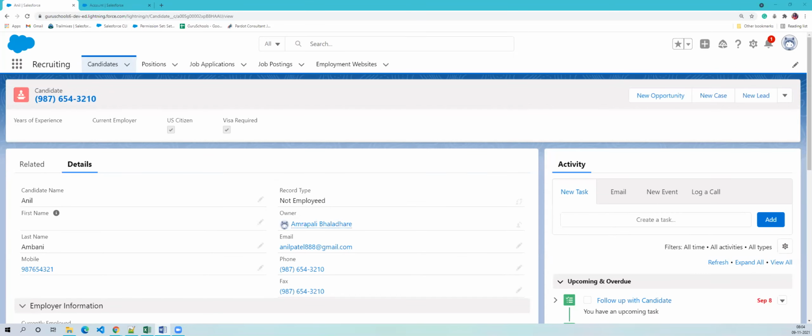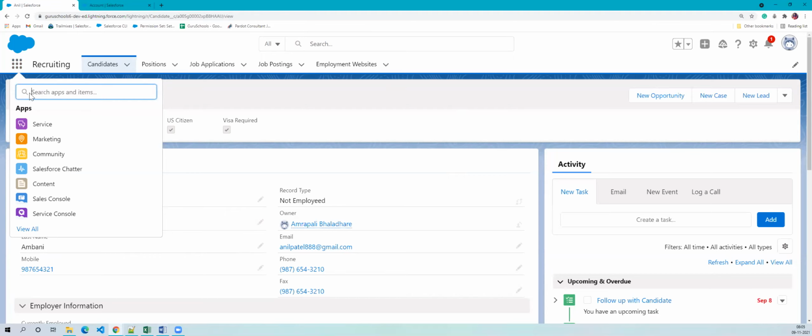If no other questions on page layout, we will see the next topic, which is lightning record pages. A lightning record page is a collection of several components on a single page. By default, each object, for example account, contacts, opportunities, has its unique record page provided by Salesforce itself. So if I go to the sales application,